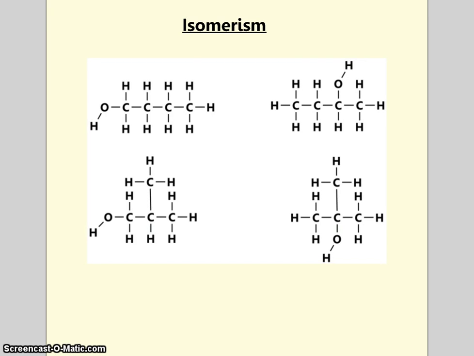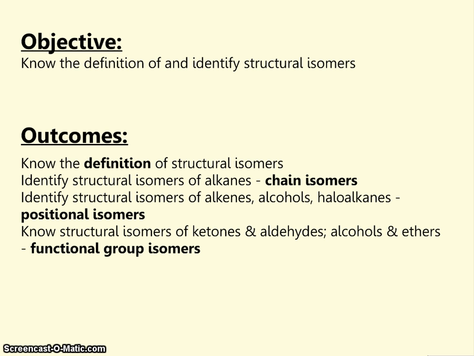In this recording, we're going to talk about isomerism, and these four diagrams show the relationship between four lots of C4H10O. So the objective is to know the definition of and identify structural isomers. So the outcomes would be to be able to recall that definition and understand it, and